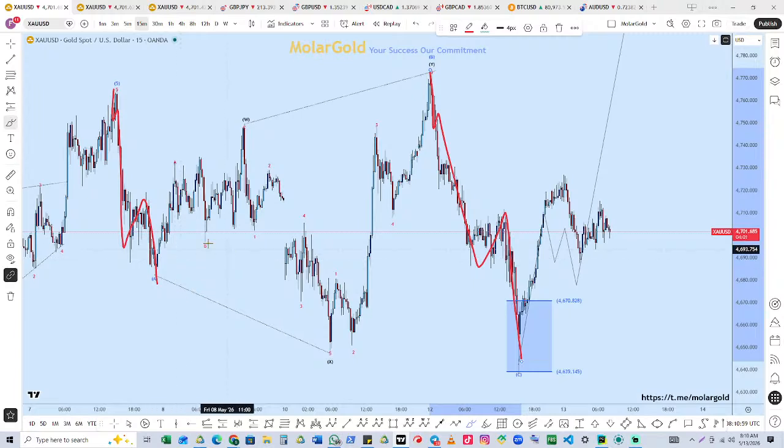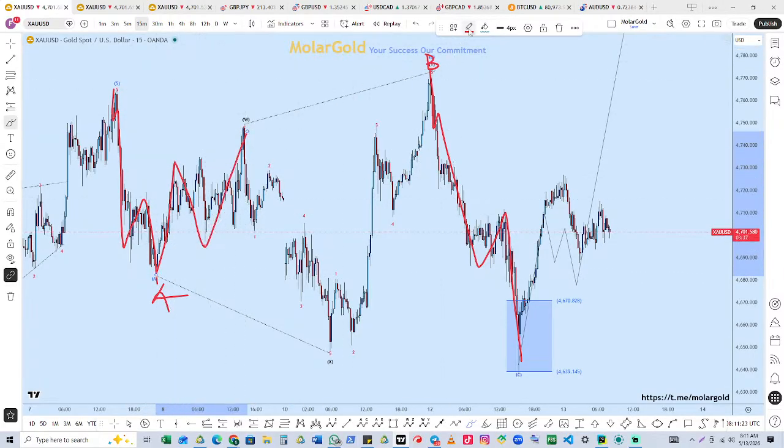Then now let's get into the B. So this is A, and this is B. Oh, sorry. This is C. This is the last leg, which is the C. All right. So the complex B wave. So let's get into it. We have A, B, and C.